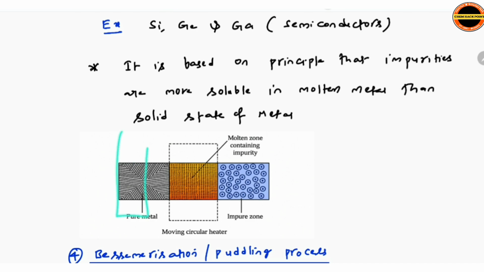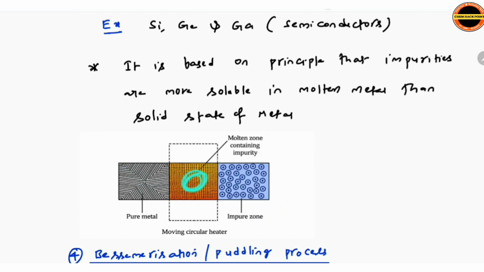After heating, slowly the impurities present in the metal rod dissolve. First of all, this metal rod becomes molten state in the given container. Now, as we are moving the heater slowly from one end to the other end, what happens is that as we move away from the metal rod, the pure metal solidifies,